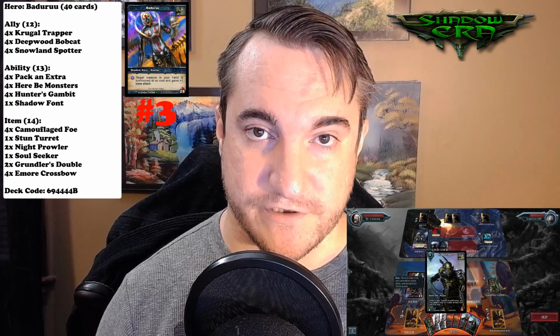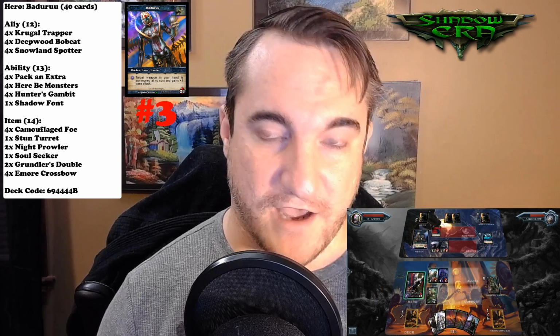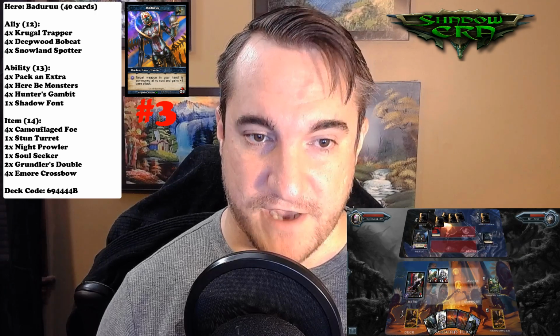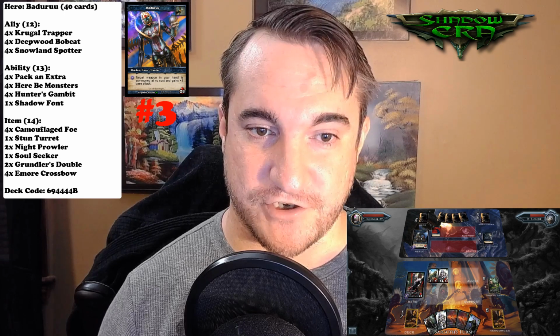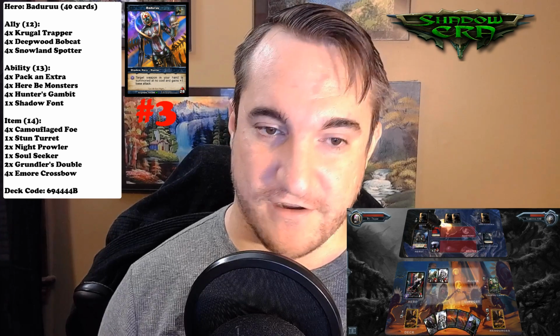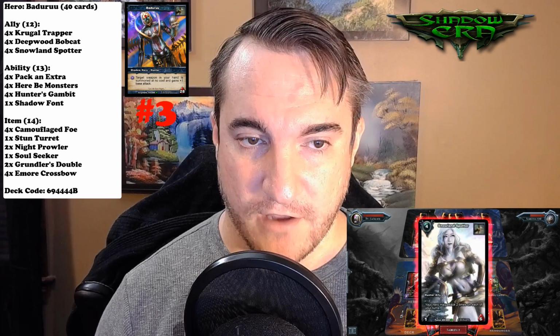Going from there, we have our Stun Turret. Again, I like having one of those. It can be pretty annoying dealing with like a Kion or a Moonstalker Stealth. So I have Stun Turret in there to deal with those passive abilities. 2 Night Prowlers. That's actually a really strong finishing tool. You don't believe how many times I've seen people just concede right out of the game after doing a double Night Prowler attack. 1 Soul Seeker, mainly if we are dealing with an aggro deck, or if we're taking a